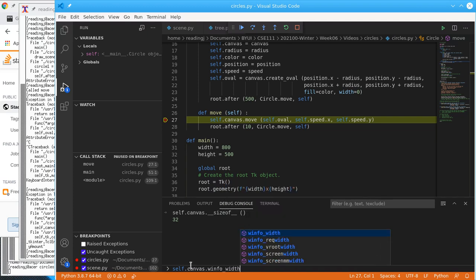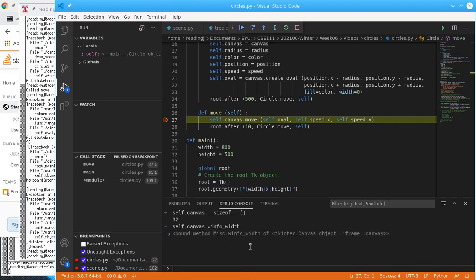So see, I'm watching these and trying to find. Oh, that's a method, not a 800. Okay. So is there a winfo height? 500. Okay. So that's good to know. But how can I find the position of the oval? I guess I could track it myself, couldn't I? I was hoping that there was something in it that would tell me,